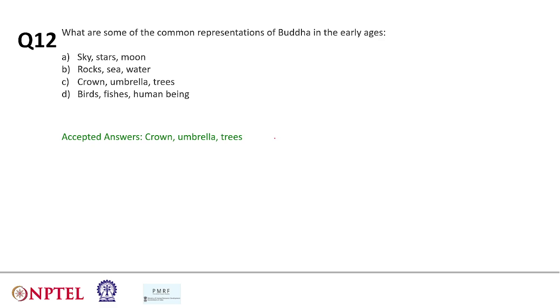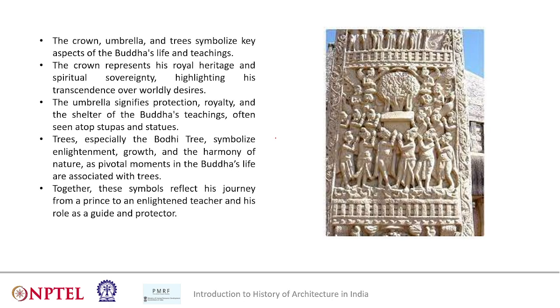Crown, umbrella, trees. If you remember, there were several images that were shown in the lecture that showed the sculptures of some columns, particularly during the Mauryan period, where you will find representations of trees, representations of huts, representations of umbrellas. So this was also one of the questions asked in the question-answer discussion forum as well, that why suddenly an umbrella